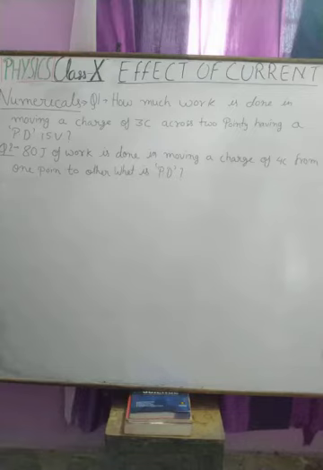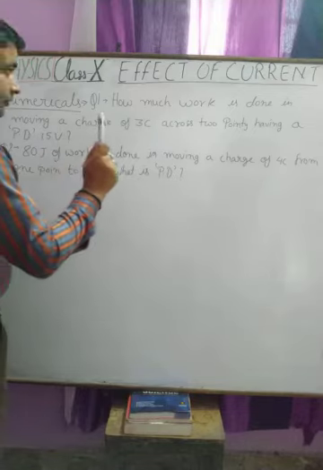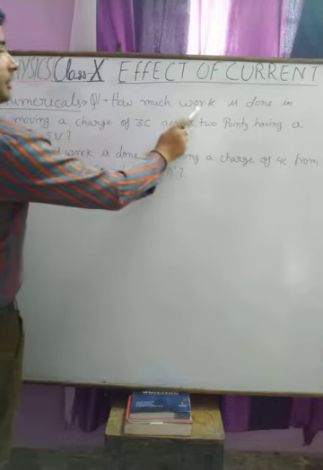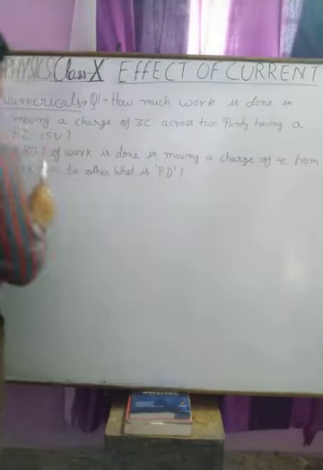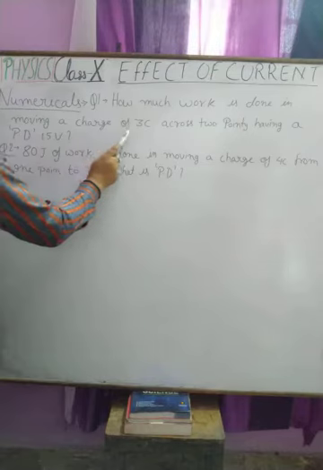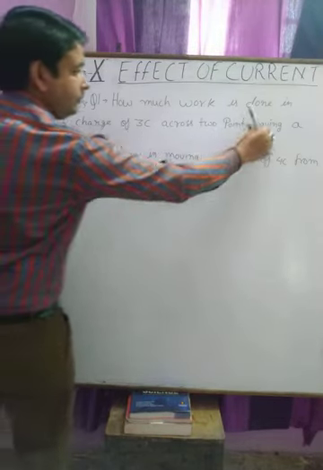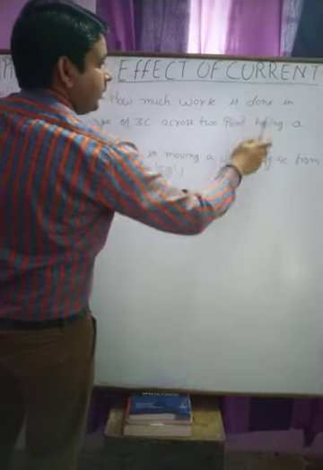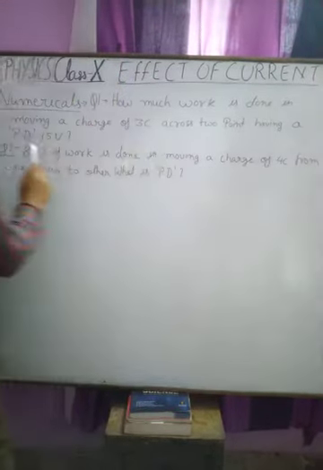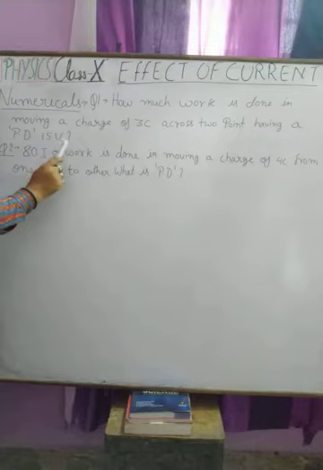For you, I will give the solution. The first is: how much work is done in moving a charge of 3 coulomb across 2 points having a potential difference of 15 volt? Okay students,